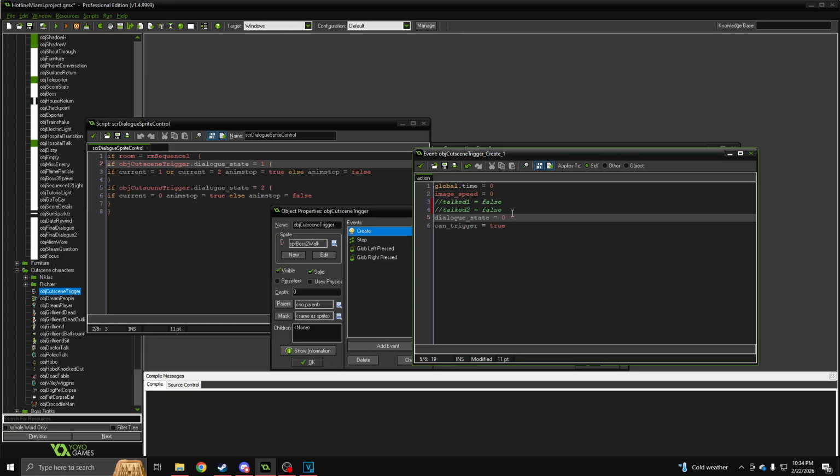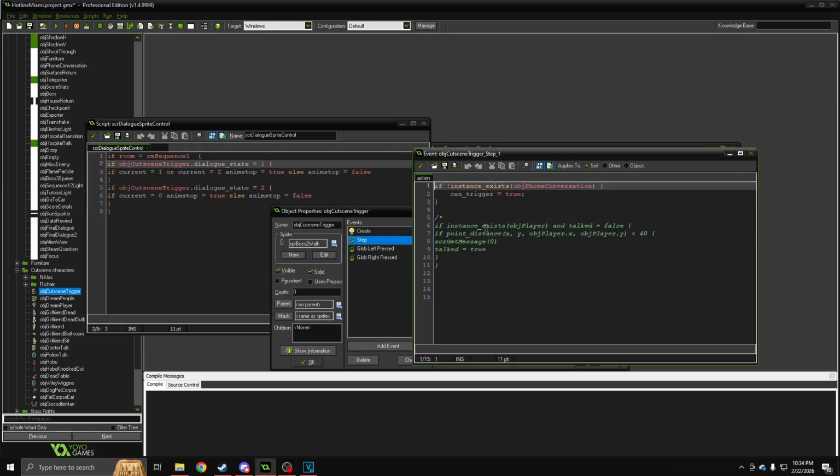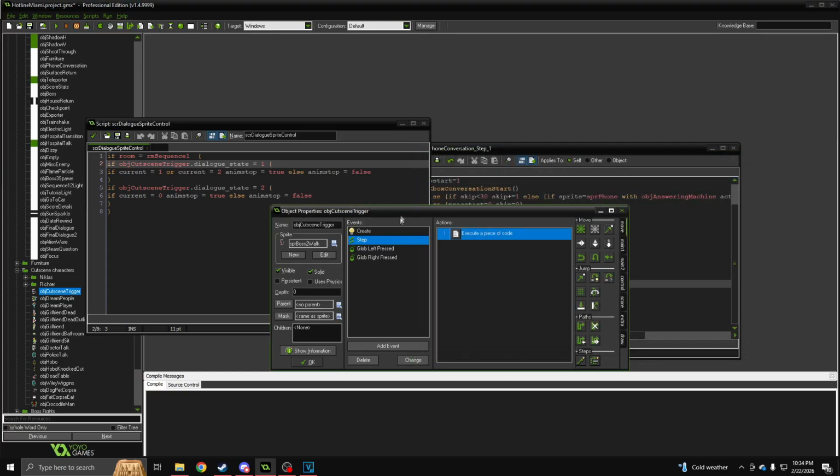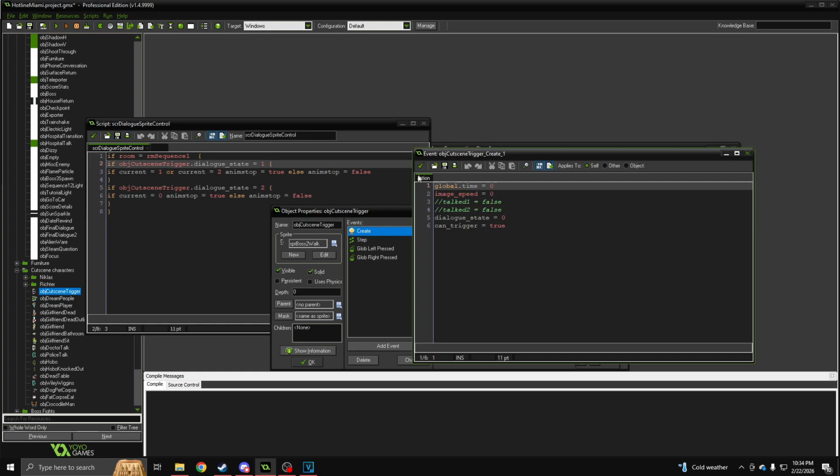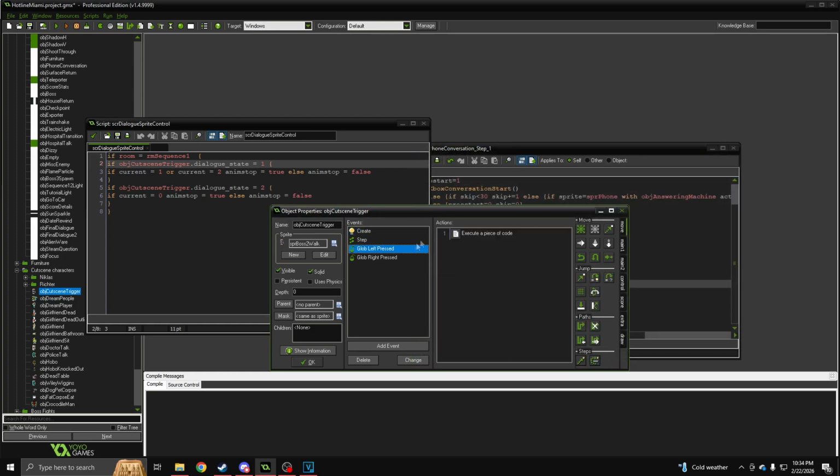I have dialog state, which is set to 0 by default. This basically determines which segment of dialogue we're on, and can trigger, which is set to true by default. This variable is going to determine whether or not the dialogue can trigger. In the step event, we have if not instance exists object phone conversation. So if the player is not in a cutscene, can trigger should be set back to true. If it's set to false, we set it to true. In the create event it's true, but it'll be set to false a few times whenever we trigger the dialogue, to prevent the dialogue from playing twice, or to prevent a bug